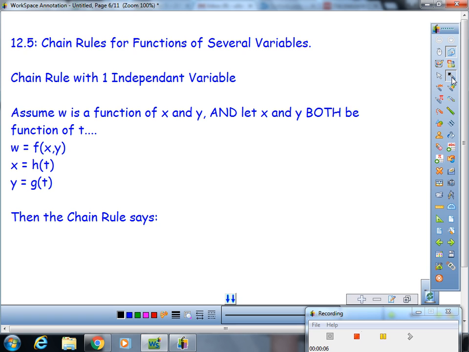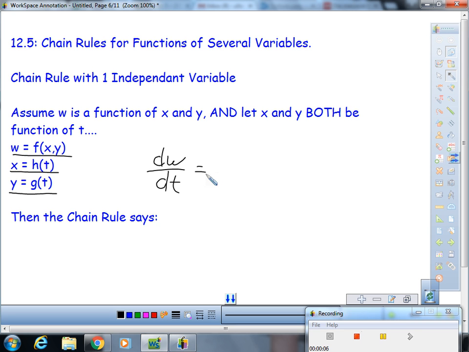Okay, so the first one is when we have one independent variable. So this means W is a function of X and Y. Well, W is equal to a function that contains X's and Y's. However, X is a function of T and Y is a function of T. Okay, if you have all of those given pieces of information, then the change in W with respect to T,